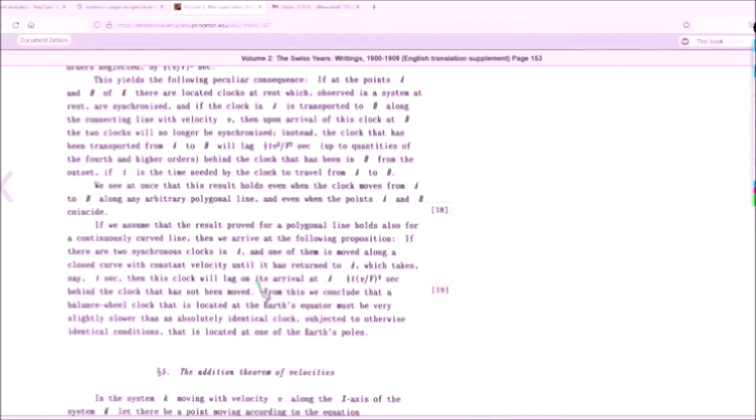From this we conclude, look at the most bizarre screwed up logic, that a balance wheel clock, suppose a clock that's not wheels, a digital clock, because we are only measuring the time, that is located at the Earth's equator, which moves at very fast, about 1,000 miles per hour, must be very slightly slower than an absolutely identical clock subjected to otherwise identical conditions that is located at the Earth's pole, because the Earth's pole has zero